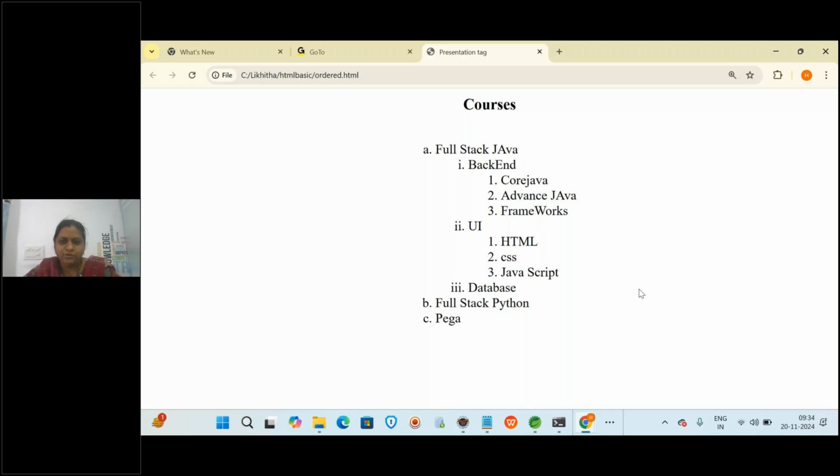Online students, if you want, you can note it down or take a screenshot so that you can try for the next session. This is a nested list: full stack has backend, and backend has one more, and UI has HTML, CSS, and JavaScript.